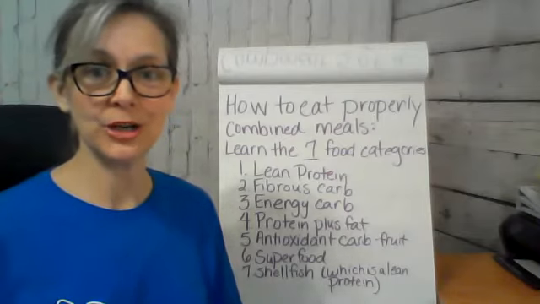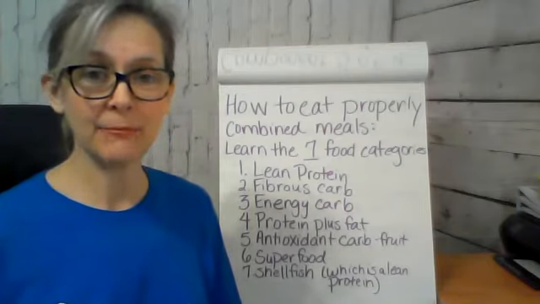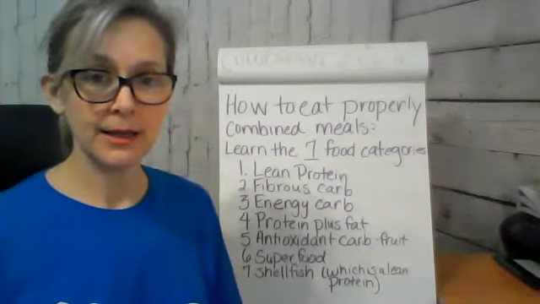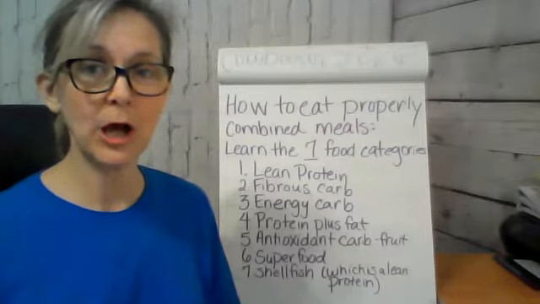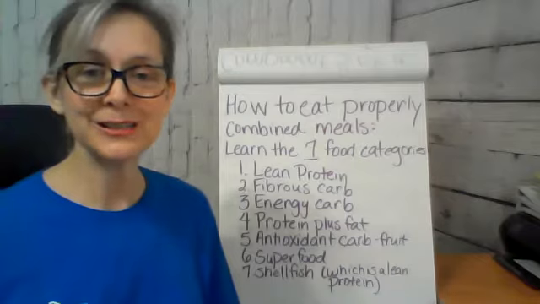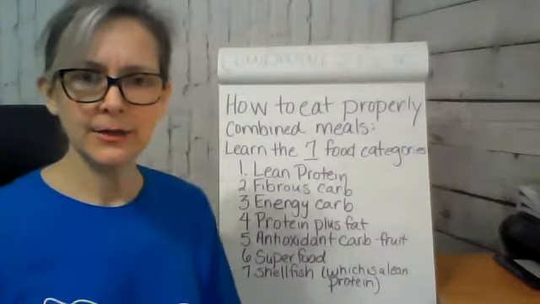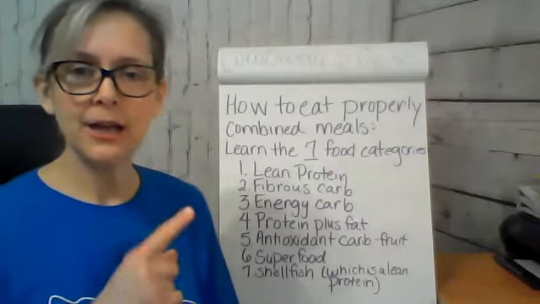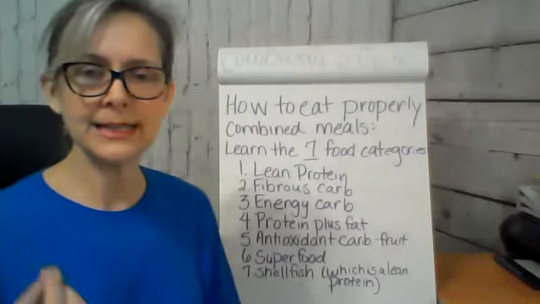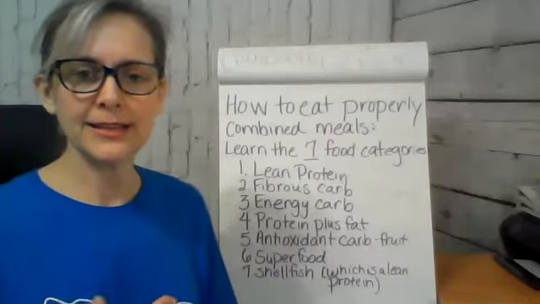3 is an energy carb, potatoes. 4 is a protein plus fat, steak. 5 is an antioxidant carb, also known as fruit. So all your fruits there. Category 6 is superfood. I'm going to give a few examples here of that because it really kind of encompasses a lot. All your nuts, your seeds, your nut butters, your seed butters, your avocados, things like that are in